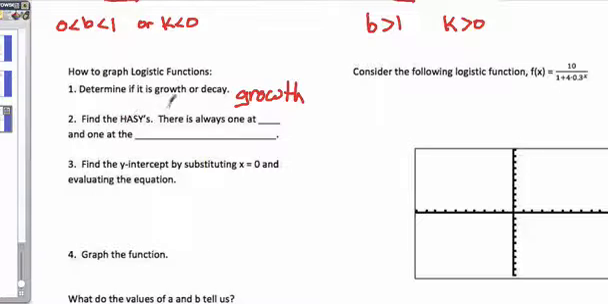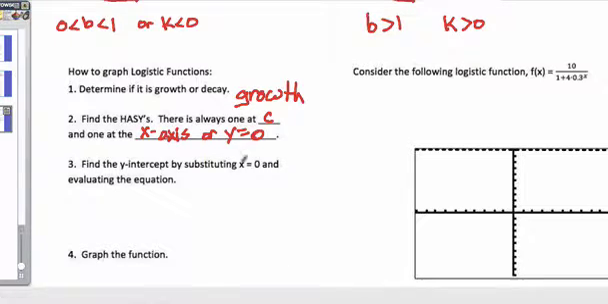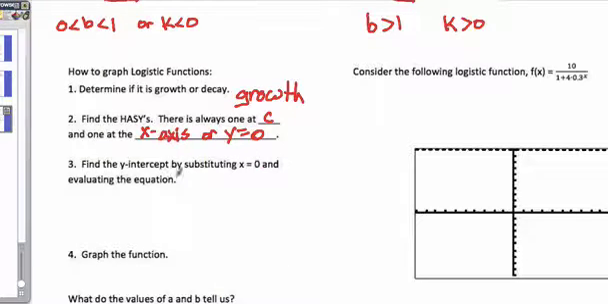All right, so find the horizontal asymptote. There is always one at C and one at the x-axis, which is the line y equals 0, right? So x-axis or y equals 0. Okay, so let's go ahead and draw that in. We're doing an asymptote there with a dotted line. And now I need to find the y-intercept by substituting in x equals 0. Because remember, I know the y-intercept is when x equals 0, and I just need to find out what y is then. So f of 0 equals